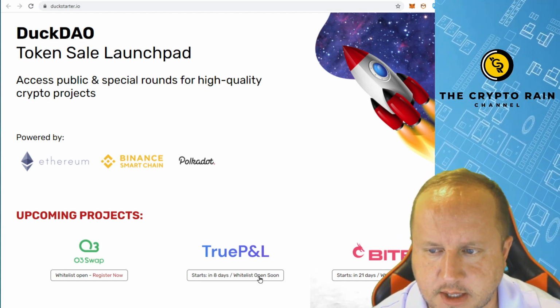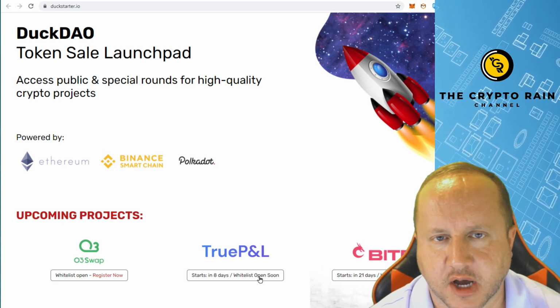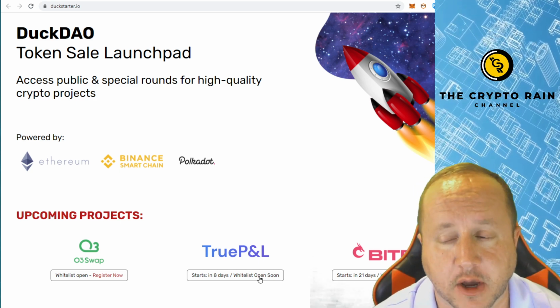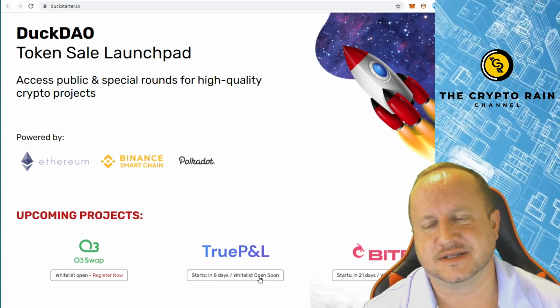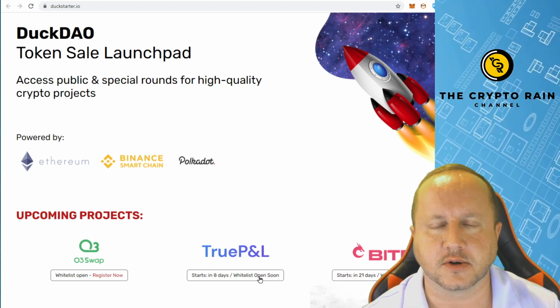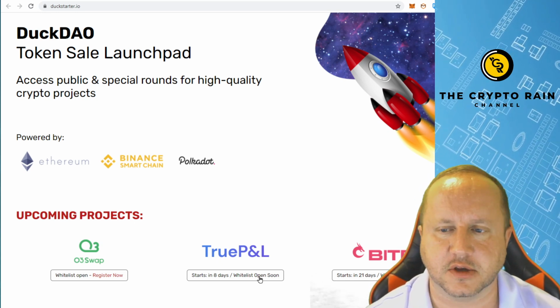Now, in the last bull run, I remember a lot of stuff related to bot trading doing really, really well. Now, personally, I don't use bots. I just trade myself. I would be open to using some bots if I saw something that was manageable. However, the complexity of them last cycle was way too complex. And I know True P&L is working on some bots that are much easier and simpler to use,